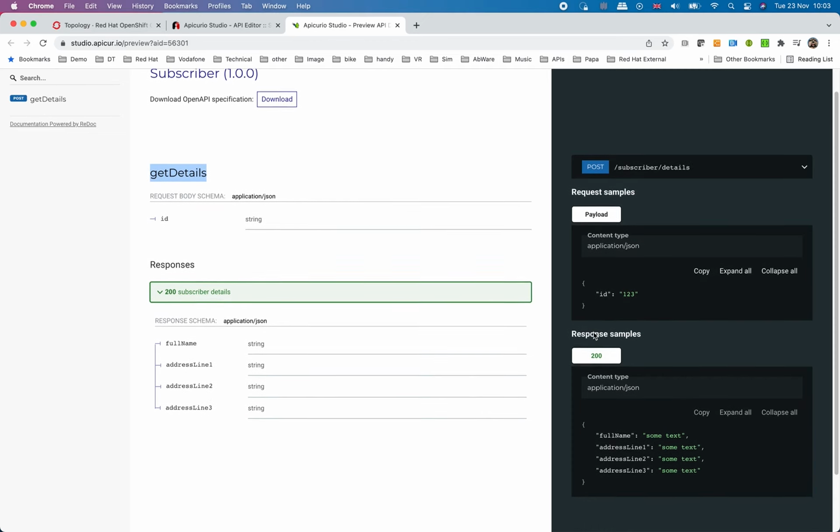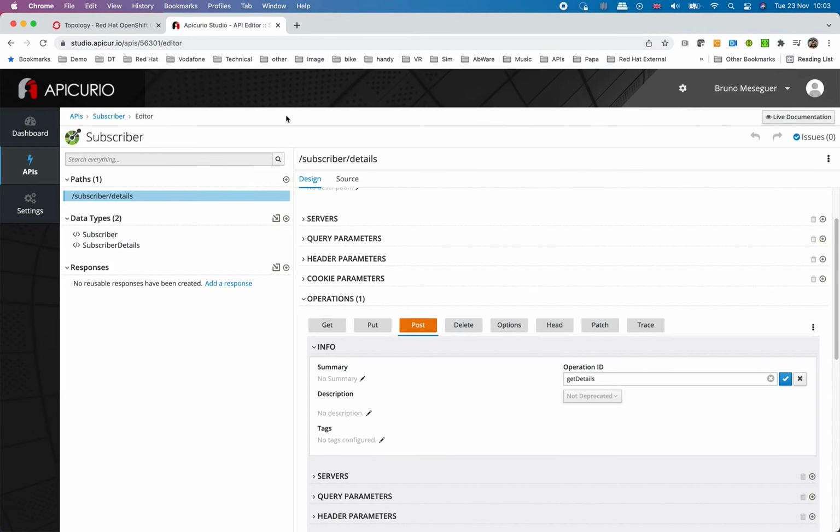We have some samples here. We see that the request would have some identifier, and then the response would be a flat structure with a full name, and then 3 address lines. Okay, so with this, then we can go back to our source,